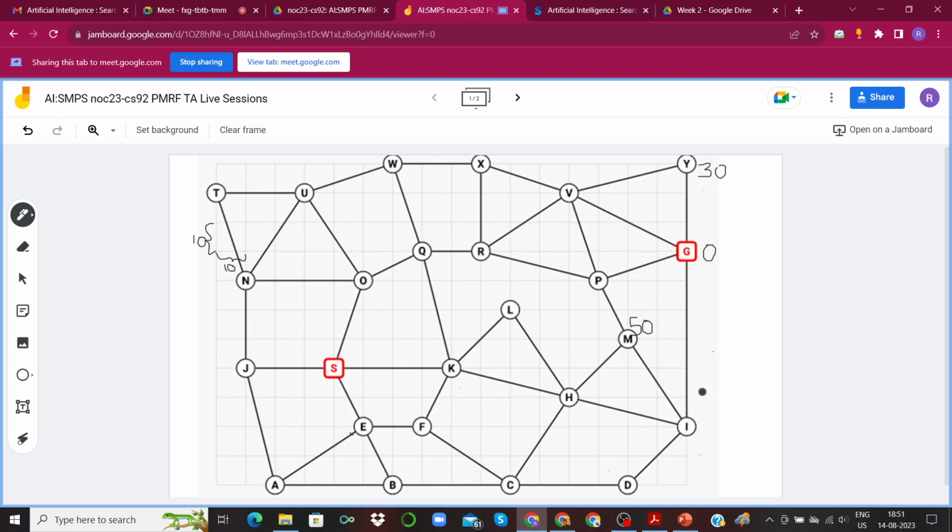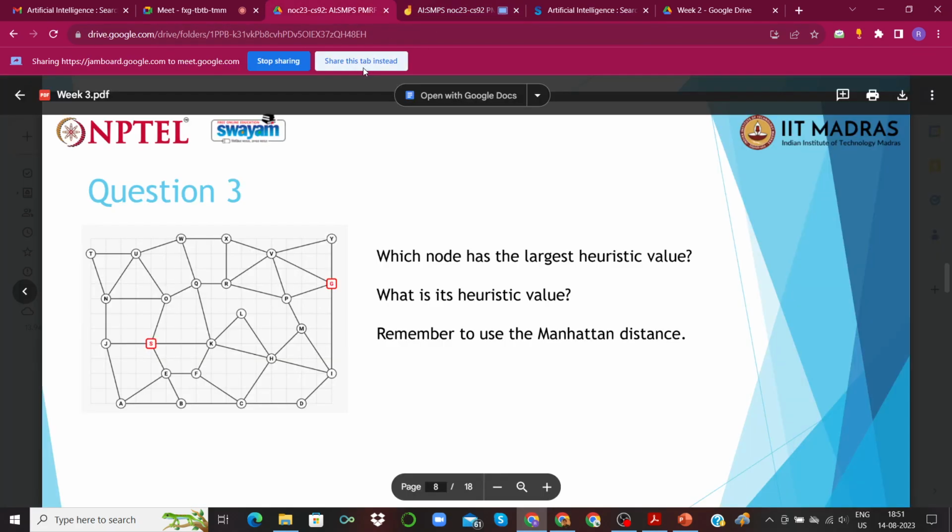Similarly for I, how many blocks is the distance? It's 1, 2, 3, 4, 5, and 6. So it would be 60. So on, you can find the heuristic value for each of these nodes, and you have to report in this particular question which of them has the highest heuristic value.